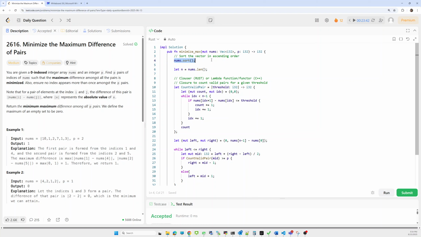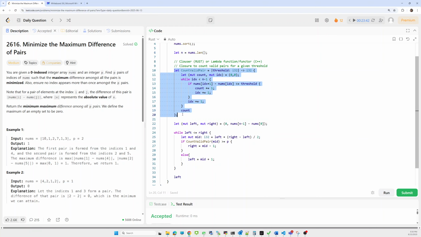So first I have to capture the num array as mutable, because I have to do an in-place sort, since I am not creating any other copy of this. Based on that, I am getting the length of the num array.